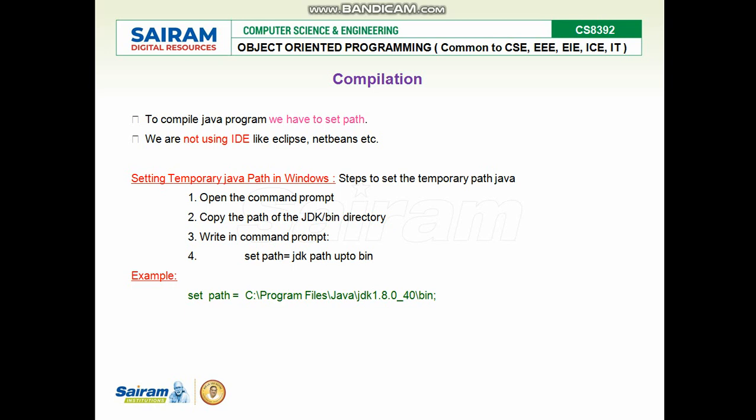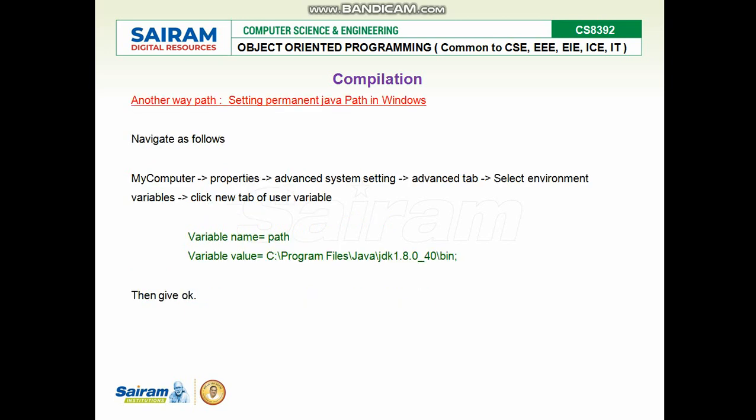Once you close the command prompt, this path will be void. That is what the temporary method means. We'll see another method, a permanent method for setting a path in Windows. Navigate as follows: open My Computer, right click and select Properties, and go to Advanced system settings. There select the Advanced tab, and now you can see Environment Variables.